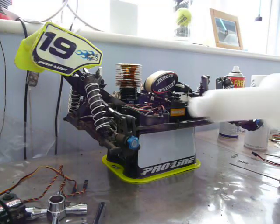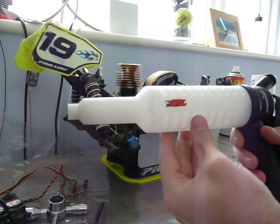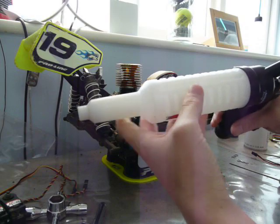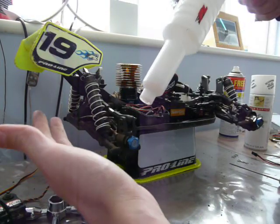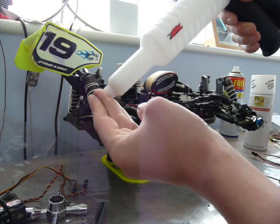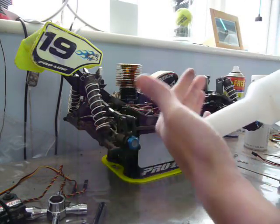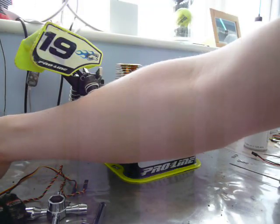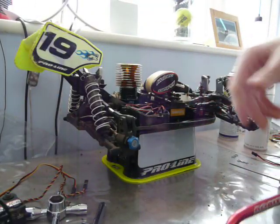There's a thing like this, which is a fuel gun, which basically you fill it, and it's got a special valve system, so when you lift up the lid, hold it down, put the fuel in, as soon as the fuel hits back up here, it stops. So then you don't overfill and get fuel everywhere in your buggy. If you're in a race in a quick fill, you just go boom, out, gone. Instead of, with this, you can overfill it, and if you get fuel onto your brake pads,